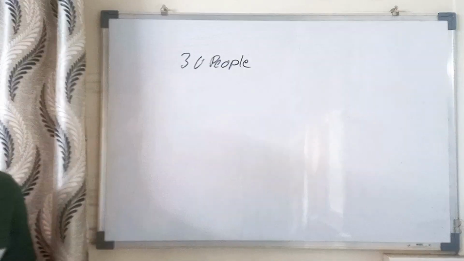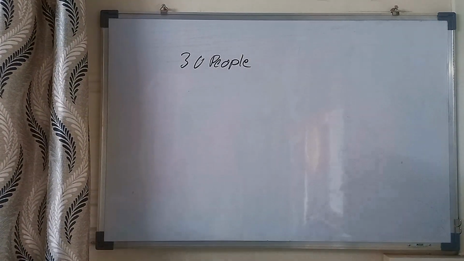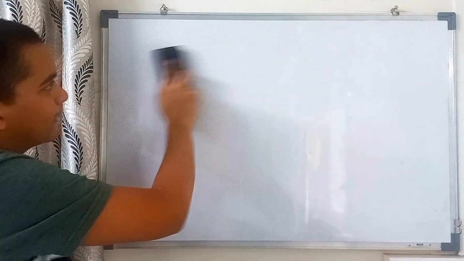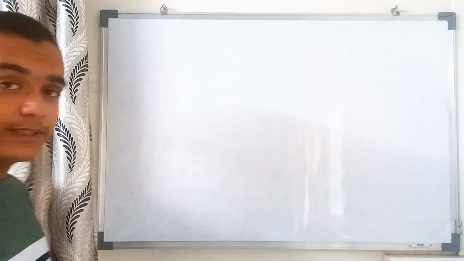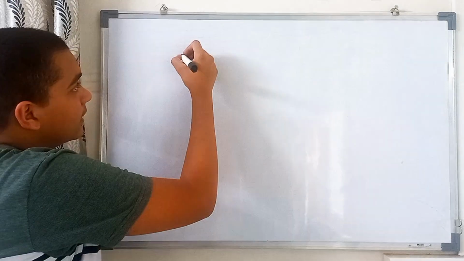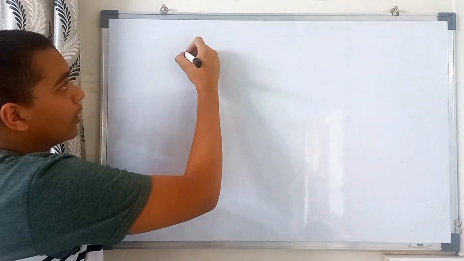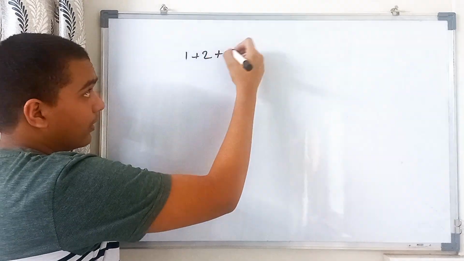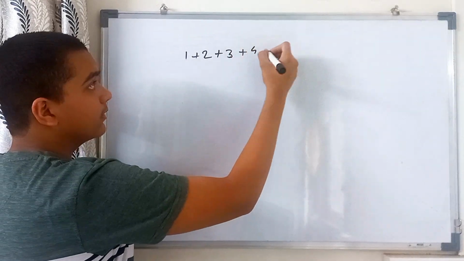So to solve this problem, we must think about another problem beforehand. Trust me, this will make sense. When Gauss, the mathematician, was 10 years old, his elementary school teacher gave him a problem: add all the numbers from 1 to 100